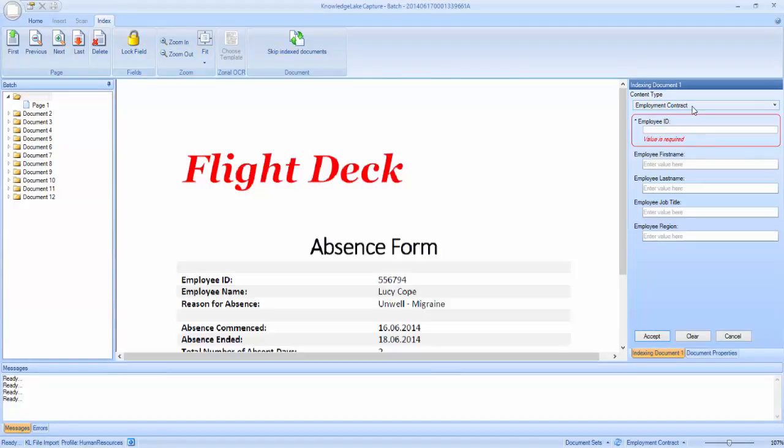On the right-hand side, you can see the classification structure presented. This will reflect a real-time view of your SharePoint configuration and line of business integration. The user can either manually supply the classification information or use point-and-shoot OCR technology to grab the correct values off the document. In this case, the user will select the appropriate content type, absence form, and then classify that document according to the content type